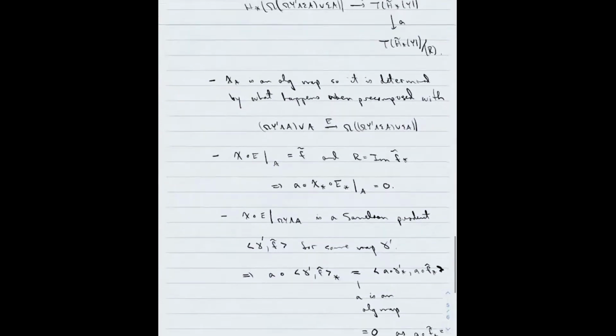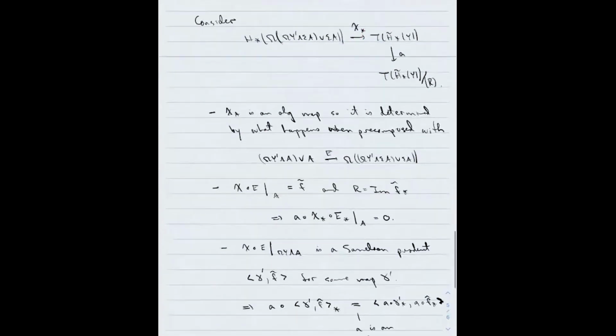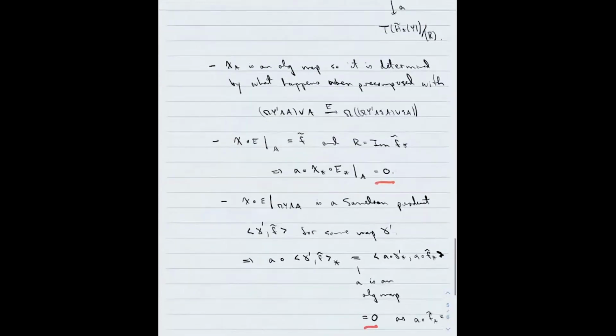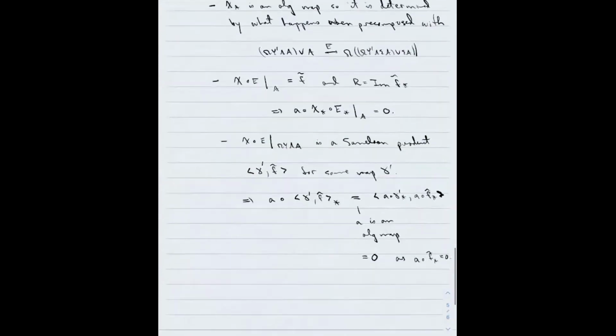Now, backing up, what does this say? If we look at this map, this composite in homology, it's enough to see what's going on when you restrict to the generating set, because they're algebra maps. And when you do so, you find that on both parts of the generating set, you get the zero map. So therefore, A composed with chi star is zero,